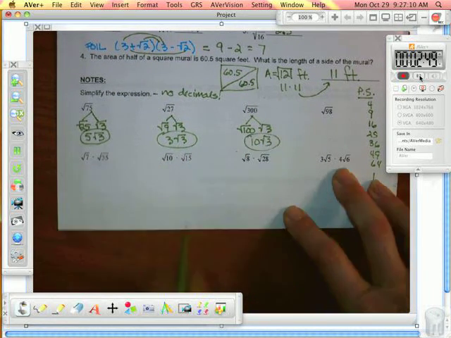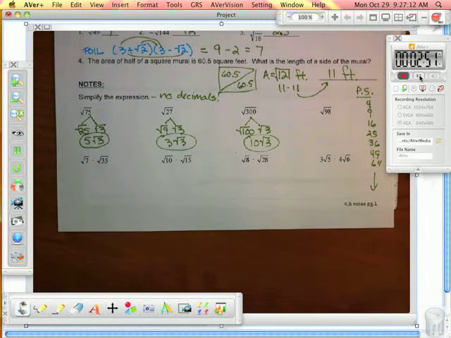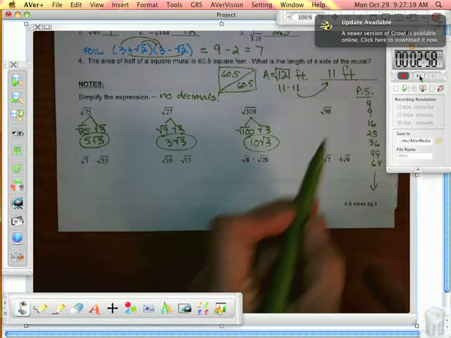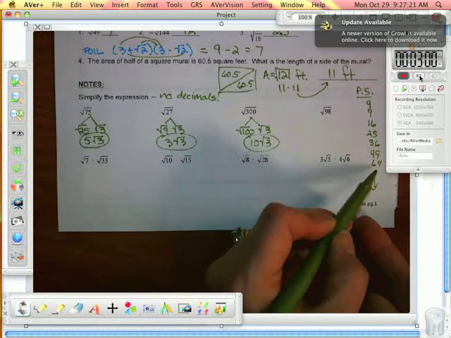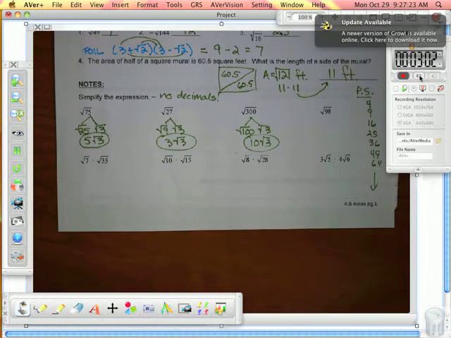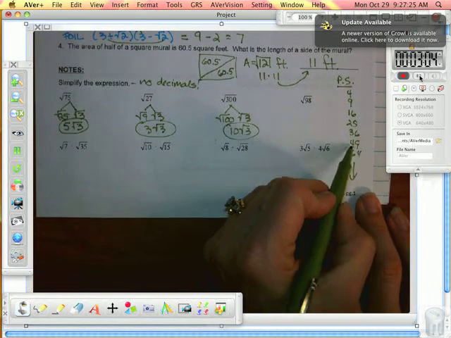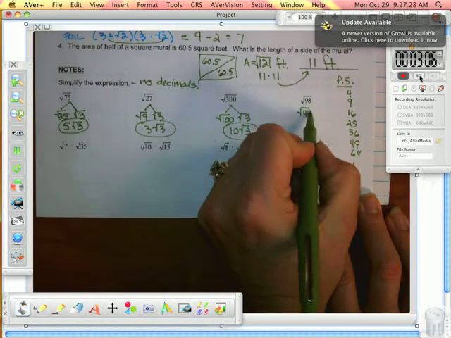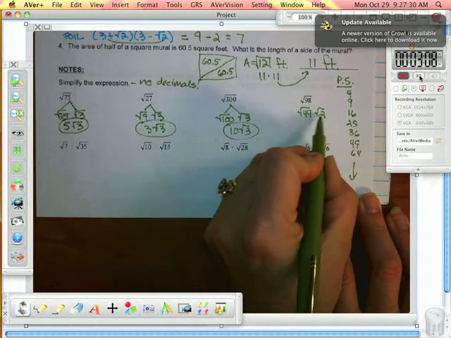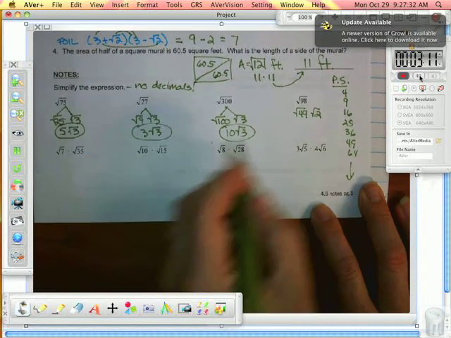Okay, sometimes you'll get to a number that maybe it doesn't quite come to you right away. I just take that number and I start dividing it by these, and see which one works. And actually, yeah, it's 49. Square root of 49 times the square root of 2, because 49 times 2 is 98. 7 times the square root of 2. Okay? All right, now,